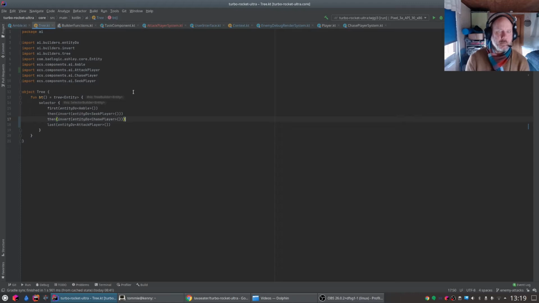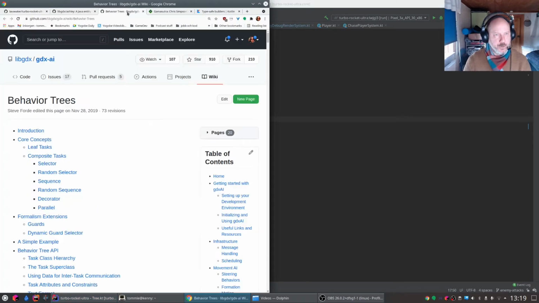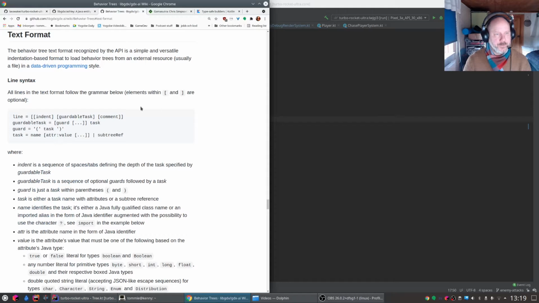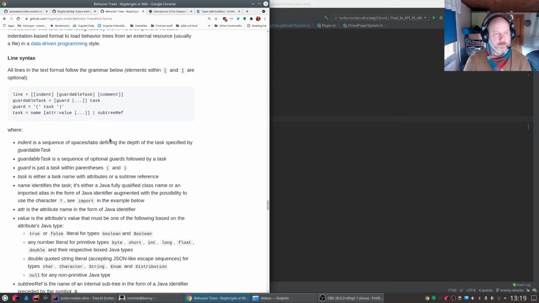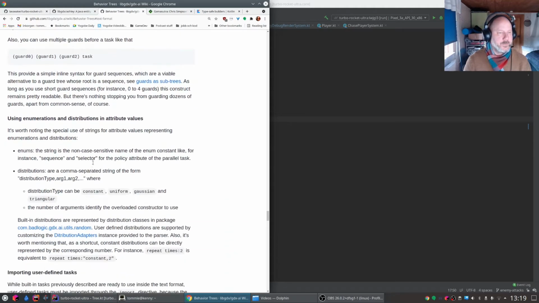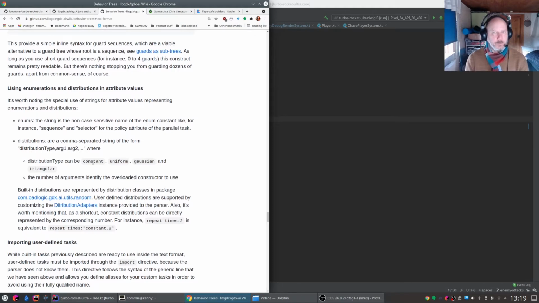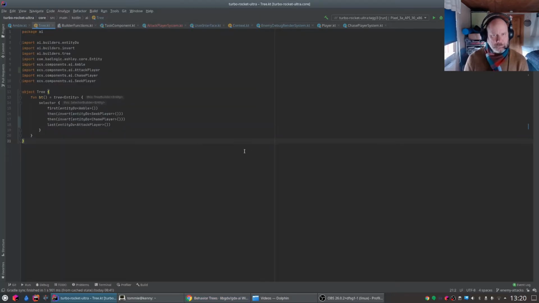So I wanted the blackboard object to be an entity, and I wanted the syntax to build the tree to be a bit more convenient. It's very convenient using libgdx behavior trees. You could write the trees using text like this described in the documentation, so like lines with tasks and comments and stuff like that. And this is quite nice because you could then implement your classes, import them into the code, and just write text files. And having them as text, basically as code, you could change the behavior or share behavior or modify behavior without modifying the code. Now my games aren't at that place yet, and